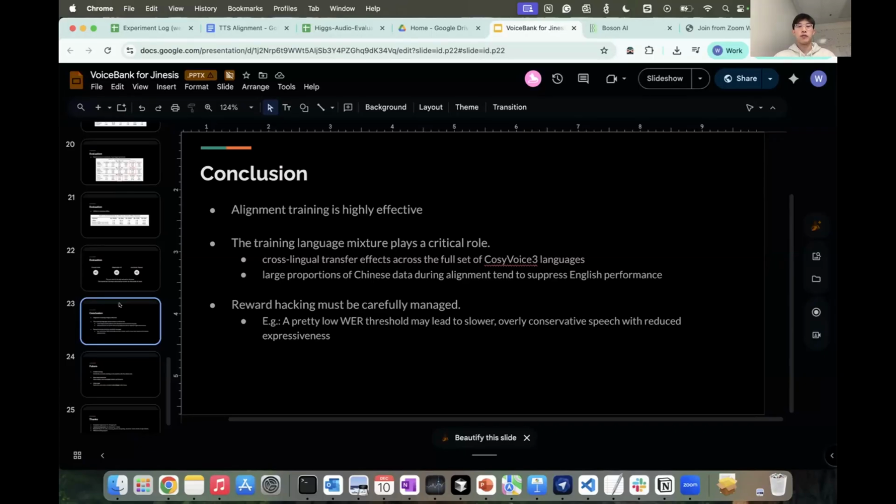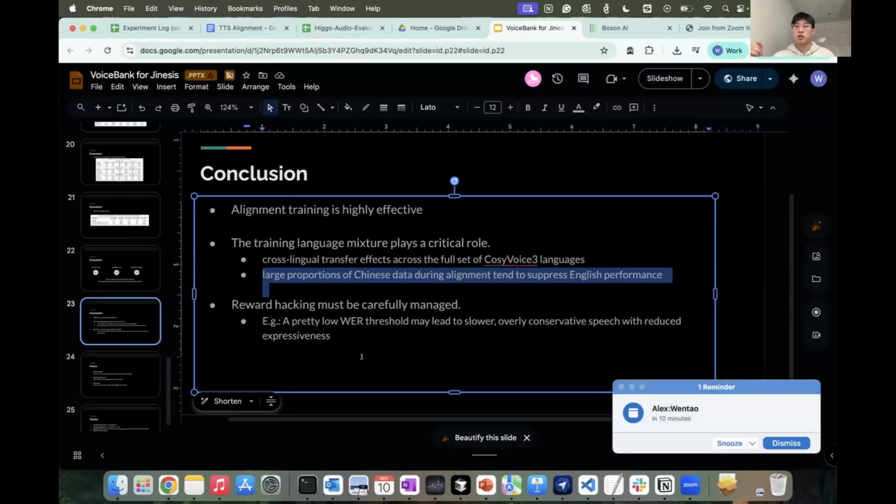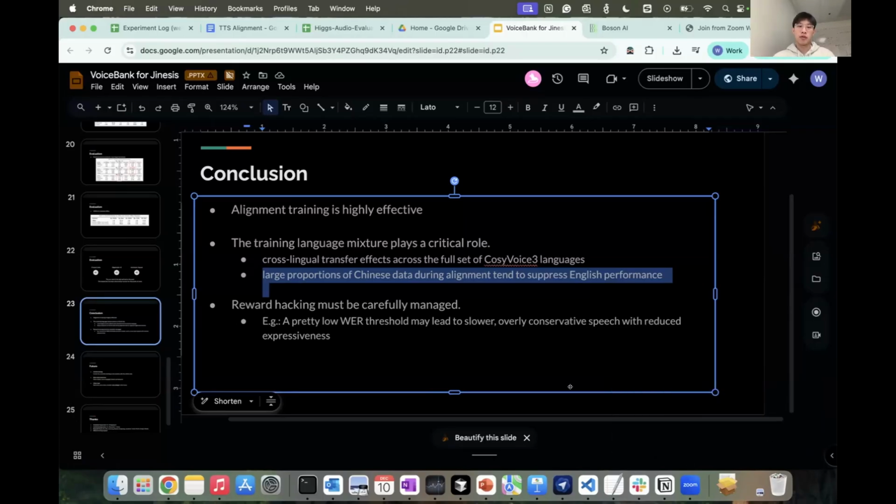And also we tried different mixtures of the languages, as I mentioned here. Because we have four languages, English, Chinese, Korean, and Japanese, trying different mixtures of the languages actually takes lots of time. And also for each trial, we have also tried different parameters, and also different amounts of data.